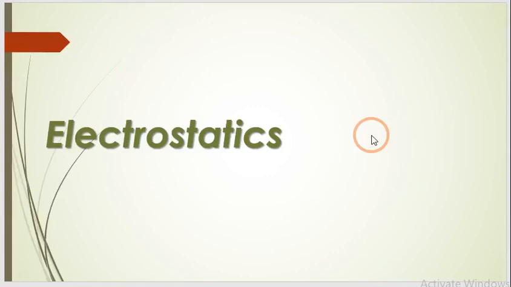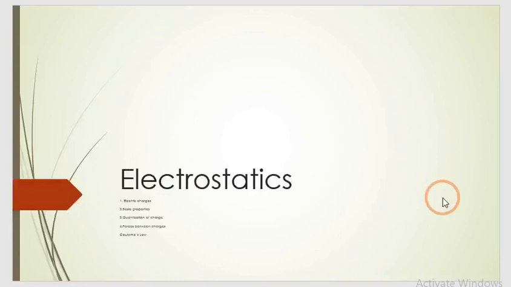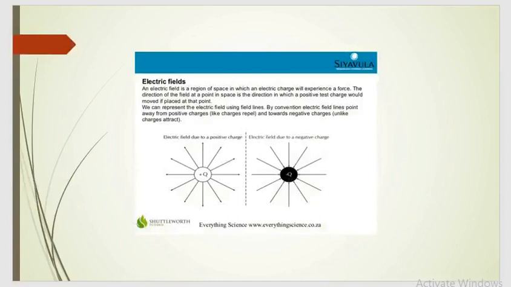Okay, let's start. We are going to discuss a few subparts in the first lecture. We are going to discuss electric charges. Then we are going to discuss the basic properties of those charges. Then what is quantization of charge. Then forces between charges and Coulomb's law, with the definition of 1 Coulomb and its scalar and vector form. We are going to discuss this chapter in 3 subparts. So let's start with lecture number 1. First of all, we are going to discuss the introductory part.